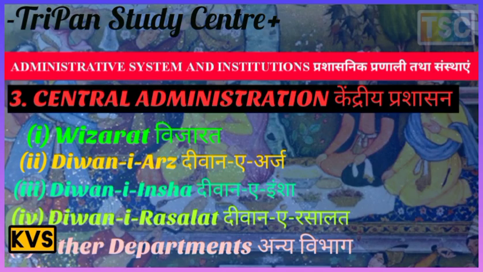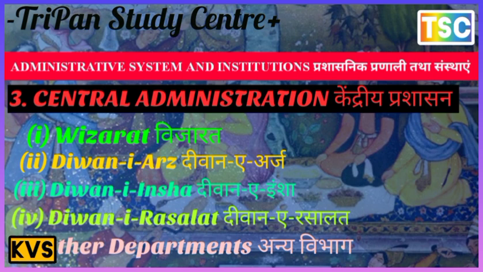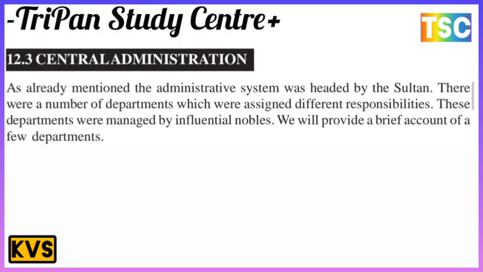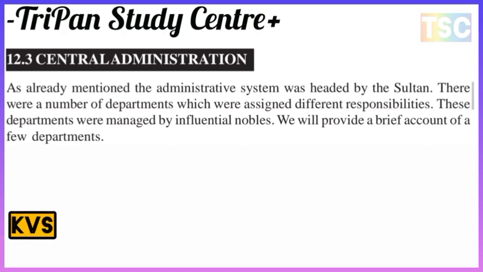Next topic here: central administration. This is the most important part of the administrative system and institutional chapter. As already mentioned, the administrative system was headed by the Sultan, and there were a number of departments which were assigned different responsibilities. These departments were managed by influential nobles,